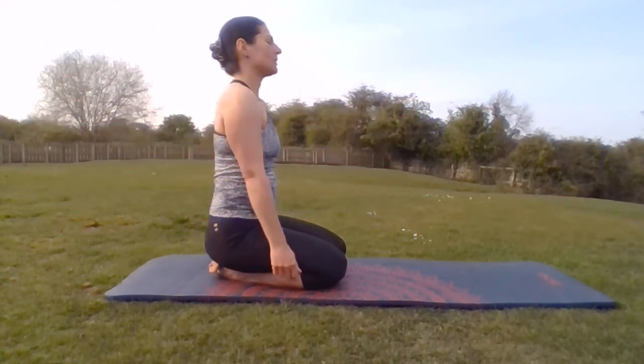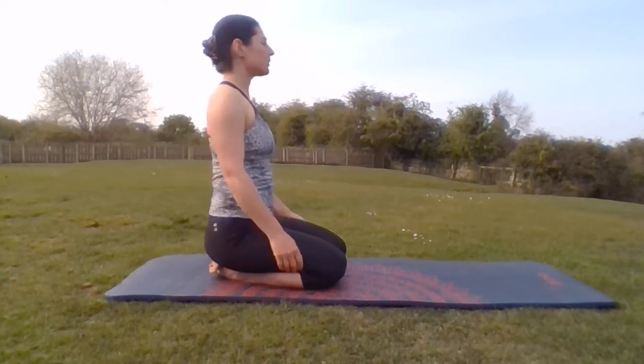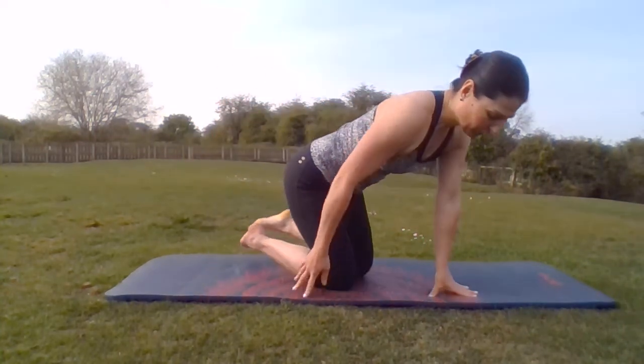Okay, relax your arms, let them just hang heavy for a moment. Okay, coming into a little bit more work now on shoulders, so we're going to do a bit more twisting, a bit more rotation. We're going to start with our arms extended out, palms facing up, shoulders are low, and